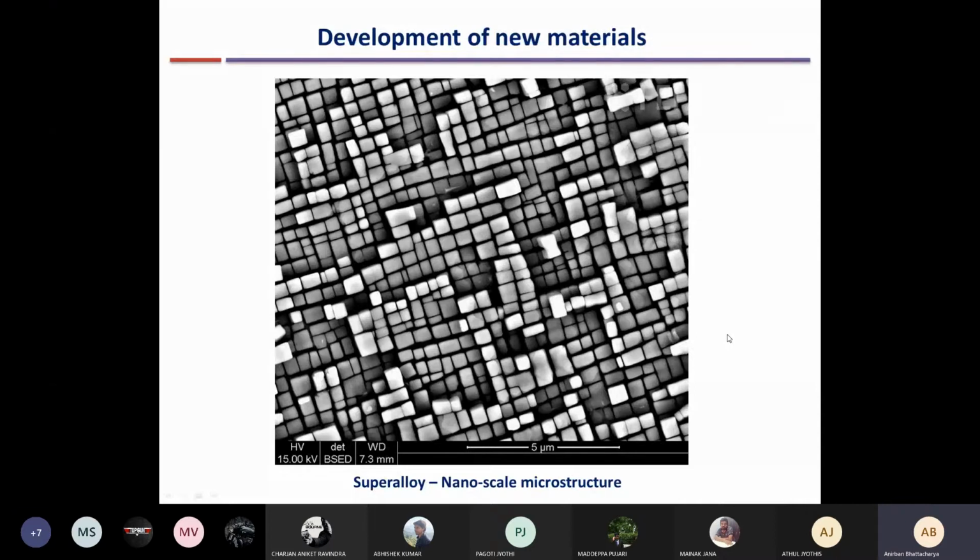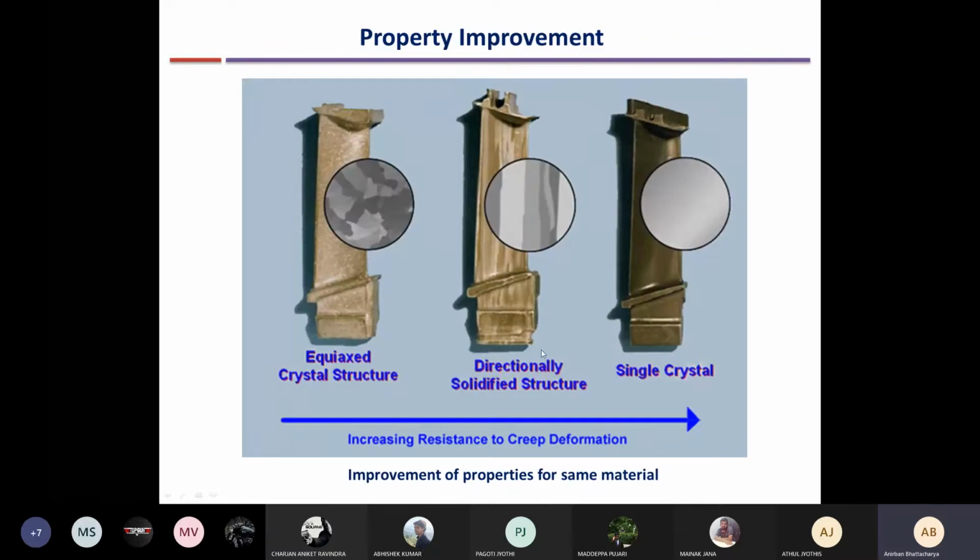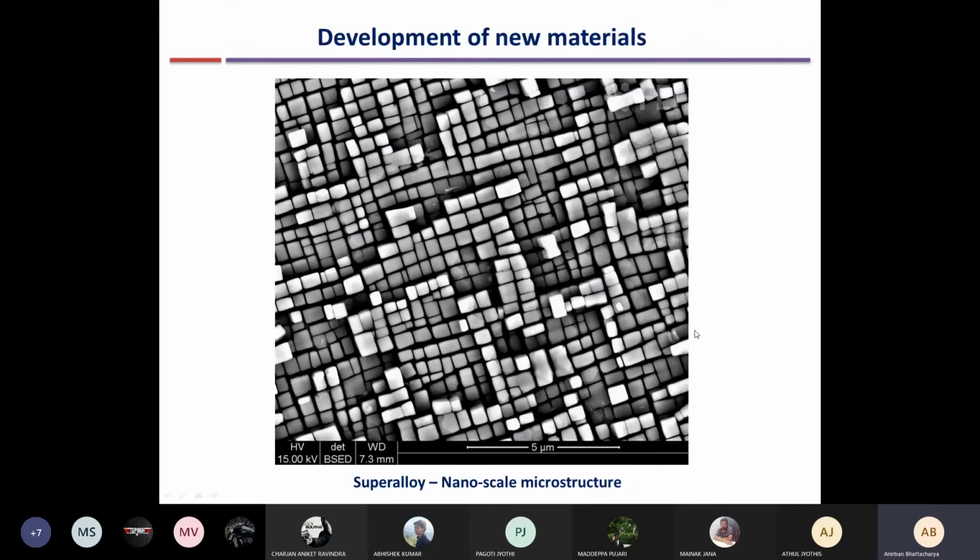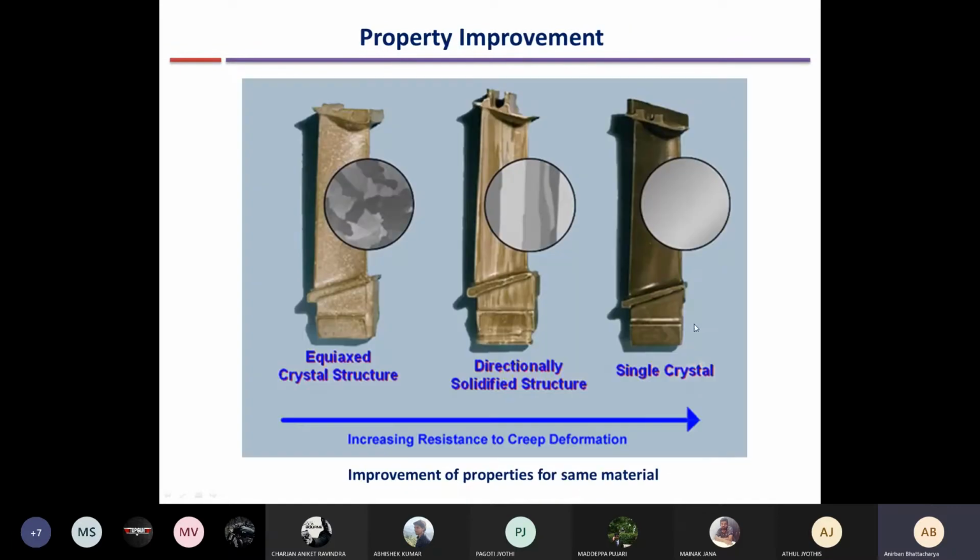So what is the basic characteristic of a superalloy? Nowadays all the blades are made with superalloys. It does not matter whether it's directionally solidified or single crystal, they are made with superalloy. A very different kind of microstructure is formed with superalloy. If you go to an equiaxed crystal structure for superalloy, it will look like this at the microscopic scale. You will have grains of the order of 50 to 100 microns, or a few hundred microns, in the range of hundreds of microns, up to the millimeter range.